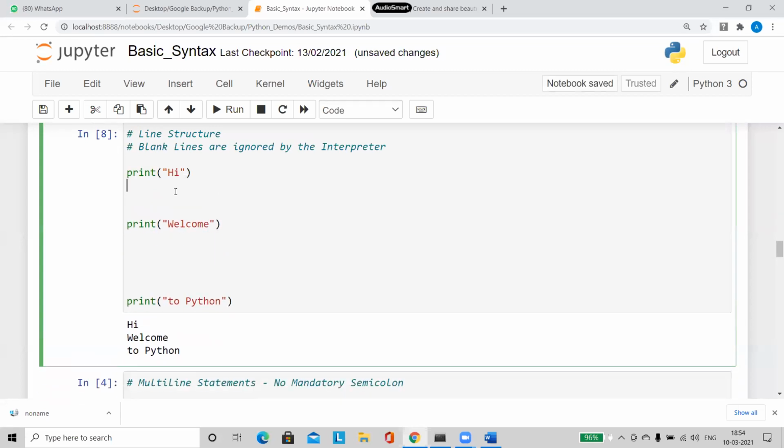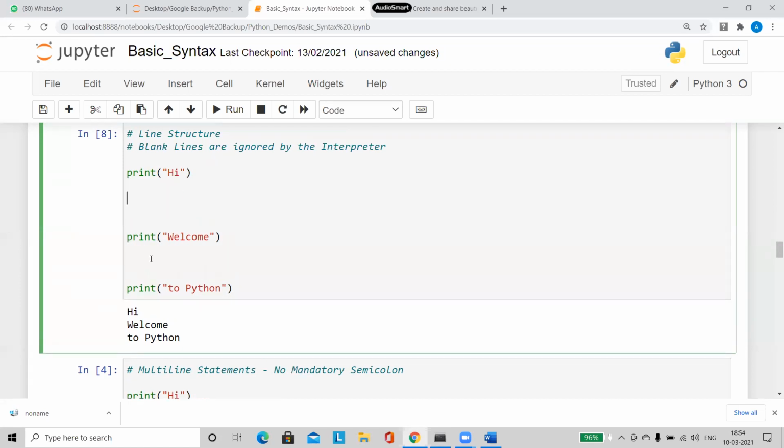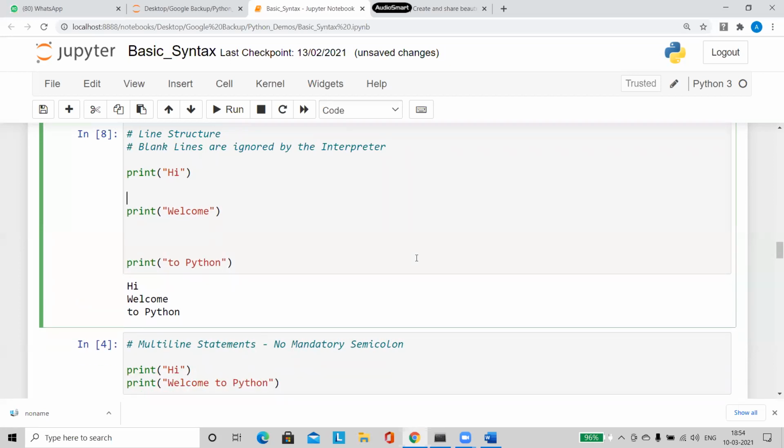So this is another important point you have to remember. In case you are giving any lines like this, no problem, it is accepted. Why do we give the space like this? To make sure everyone understands the program clearly. If we have completed one logic, normally we give a space or two, and then we start writing the next line of code. That is what we normally do. And spaces are ignored.